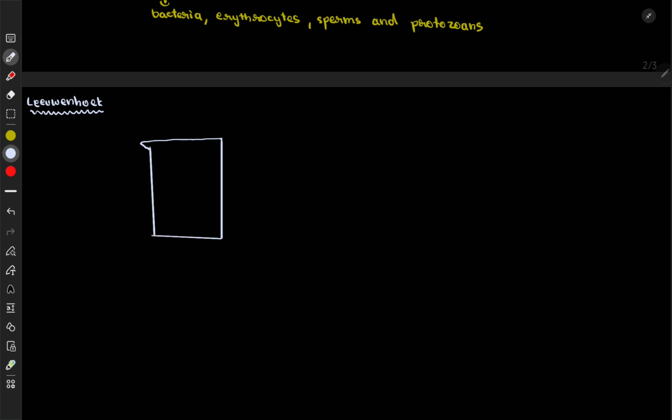Now let's say this is the beaker. You must have noticed that stagnant water has many mosquitoes breeding in it, right? So that's what he took. He took water and left it. Then later